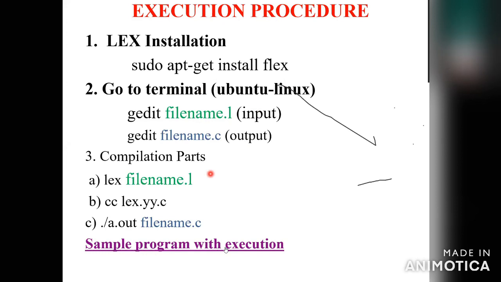After that, you execute these three compilation parts. You get the output as symbol tokens. For example, A = B + C means A, B, C are identifiers, equal is the assignment operator, and plus is the arithmetic operator. Similarly, you get the output for the given programs. This is for the lexical compiler.